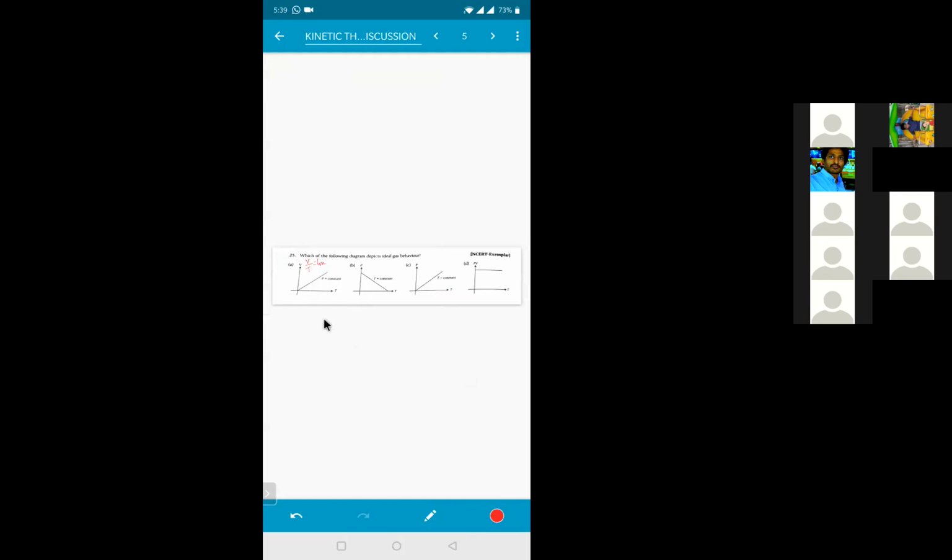From the ideal gas equation, I can write the relation PV equals nRT. So V by T becomes equal to nR divided by P. So pressure must be constant for V by T. So first option. If I'm taking PV by T, then volume must be constant. D option.